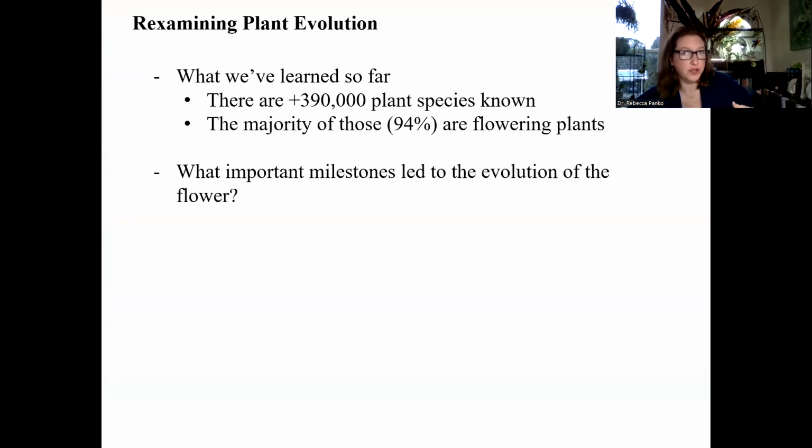So what have we even learned so far in this course, right? Well, from the get-go, we learned that there's a lot of plants, right? Almost 400,000 plants that we know about on Earth. And in the first class, we talked about that the majority of those plants are actually flowering plants, which,